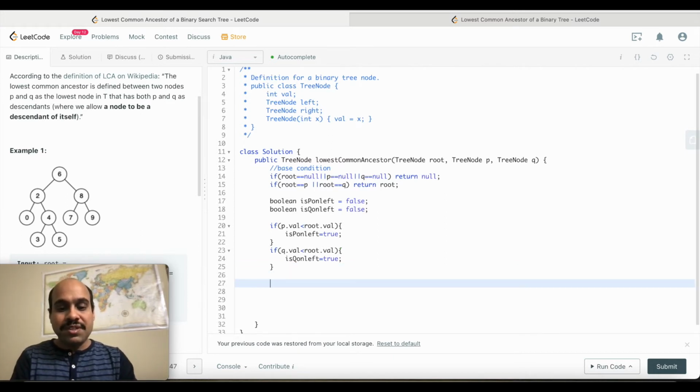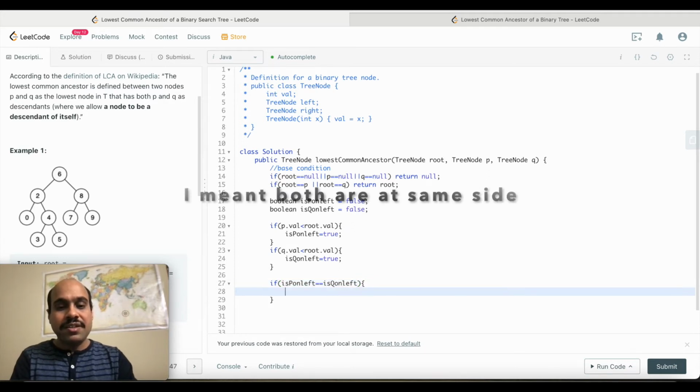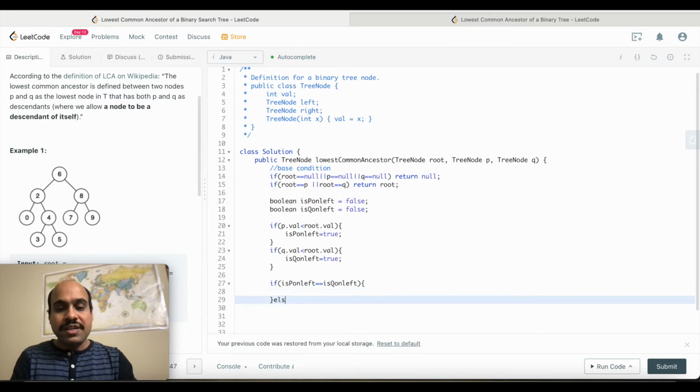Once we have this boolean value, we can simply compare: if isPOnLeft equals isQOnLeft. What does this mean? It means that both are on the left side with respect to the current node. And this is the else condition, if they are not on the same side.